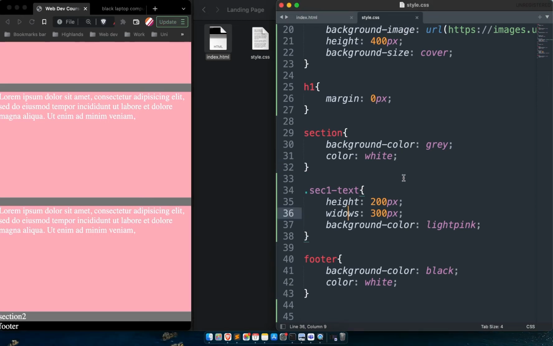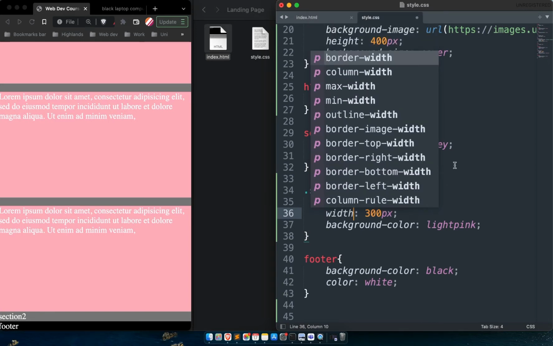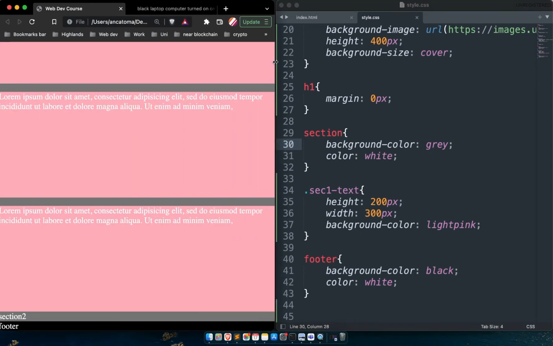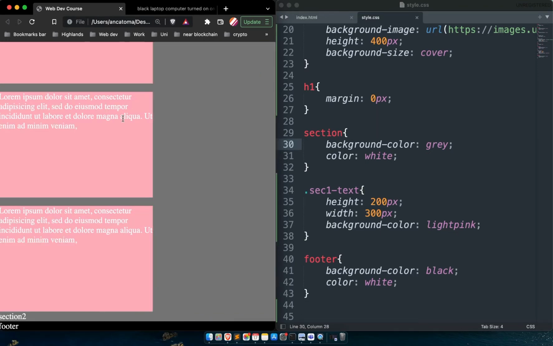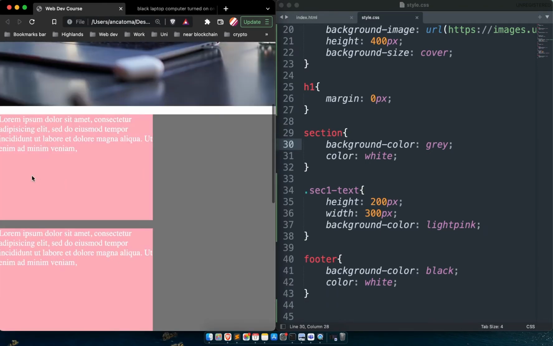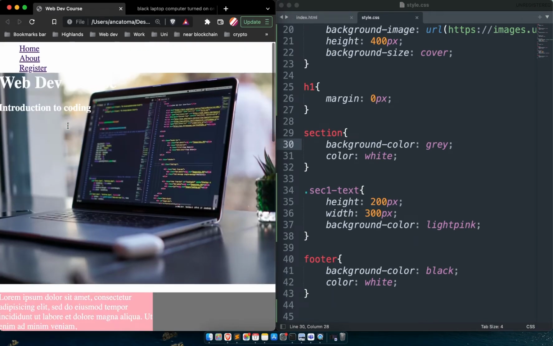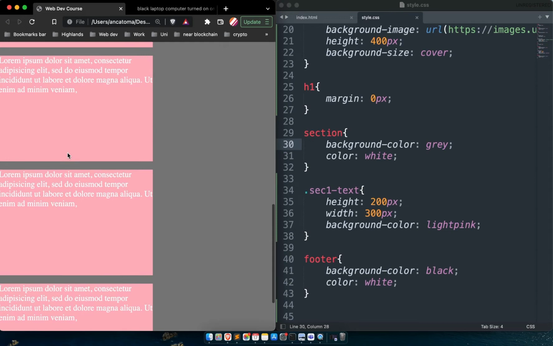widows, sorry, so that should be width, of course. Yeah, misspellings happen all the time. So now that I've set the proper property, we should have a width of actually 300 pixels, and we can see our cards in the section. So we've got 1, 2, 3, 4, 5 divs,